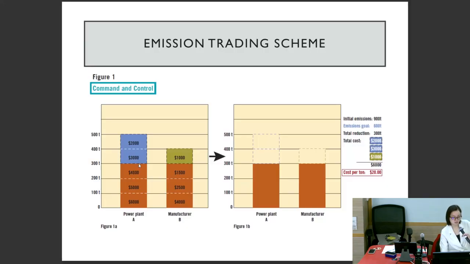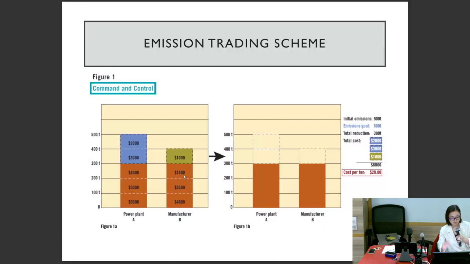Similarly, to reduce another 100 tons, they have to pay $4,000. And for manufacturer B, if they want to reduce their emissions from 400 to 300, they have to pay $1,000. And to reduce a further 100 tons, they have to pay